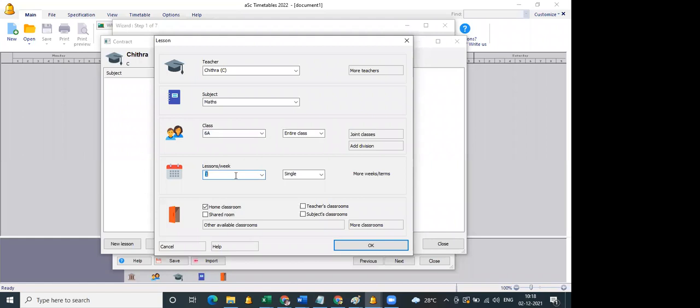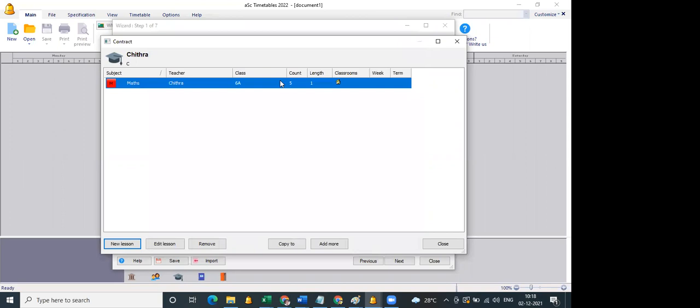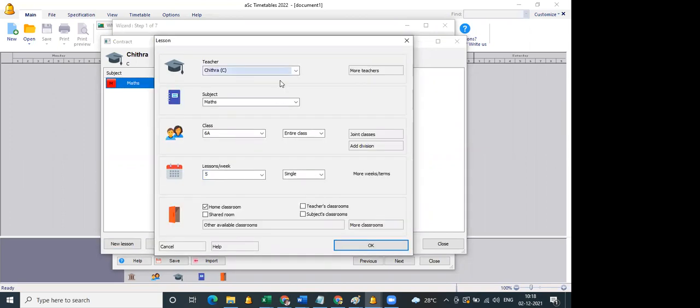For the entire week, how many lessons or how many periods this teacher is going to teach this particular class. I click on OK. And of course, the single denotes whether it's a 1 period session or a single session. And double means whether it's a 2 period session or we can say a block period, or 2 periods happening continuously. So as of now, we'll stick to single.